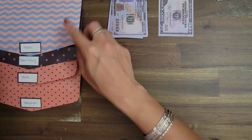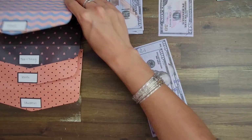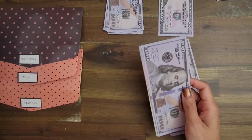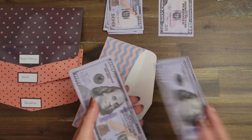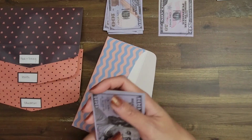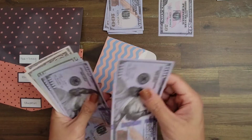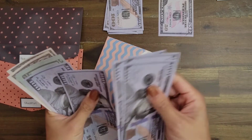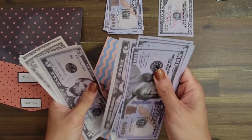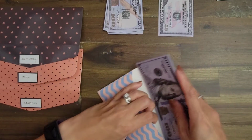All right, so this next one is travel. Travel gets 200 each month. This is for any vacations, actually paying for vacations, and also any vacation spending that I do, so if I purchase food or gas or any of that type of stuff, I try to pull it all from this envelope rather than putting it in a food or gas category. So I have some money in here. 100, 200, 300, 400, 500, 600, 620, 640, 660, 665, 670, 671, 672, 673,